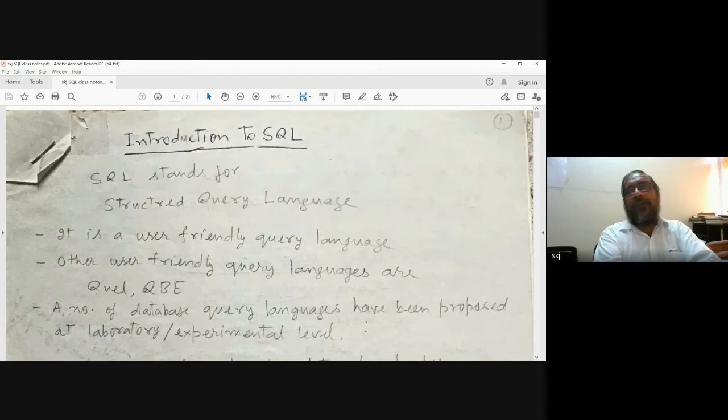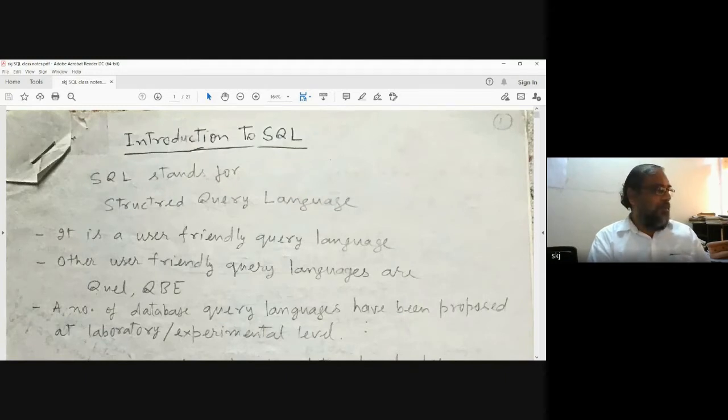And manipulation means we want to modify, we want to change, we want some manipulation on data. So DDL, DML, two broad categories are relevant here in database management system languages.